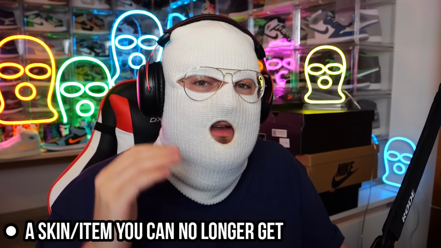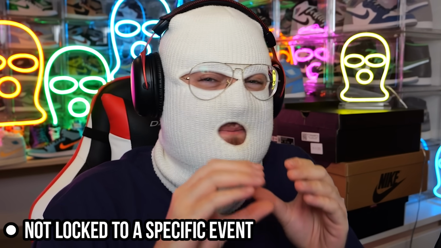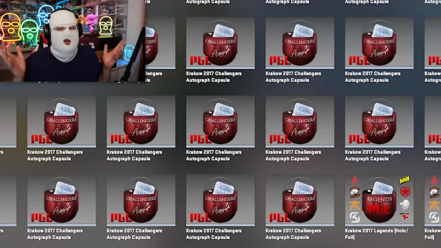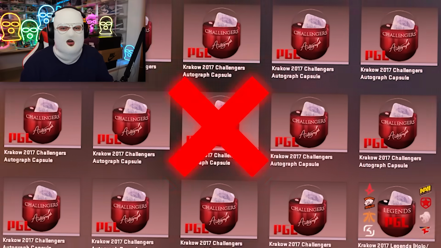Now, what do I consider a discontinued skin? In my opinion, that's a skin or an item that you can no longer get and the supply is limited. I also consider it to be an item that's not locked to a specific event, such as events tied to a major like graffitis or souvenir packages or sticker capsules. I don't consider them to be part of the list because, yes, they are limited and they are discontinued, but everyone knows that when the event ends, those are not going to be available anymore. So they are discontinued, but everyone knew they were going to be discontinued. In my opinion, a real rare discontinued item is something that no one knew was going to be discontinued, making